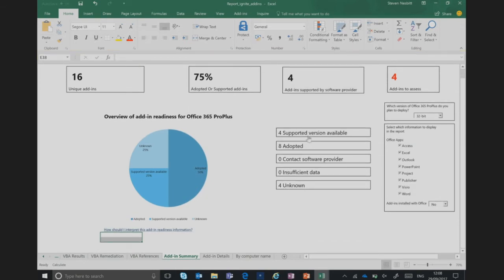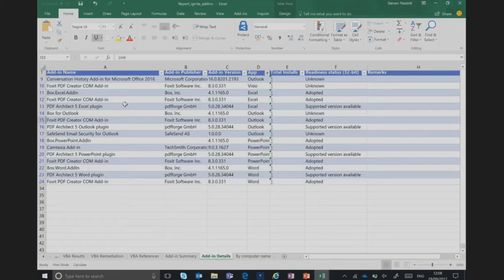So we can see the number of add-ins, and again if I go into here I can see my add-in details as well. So I can find the add-in name, the publisher of that add-in, where it resides, crucially how many times it's installed, and also whether it is supported, adopted, unknown, etc. Now,